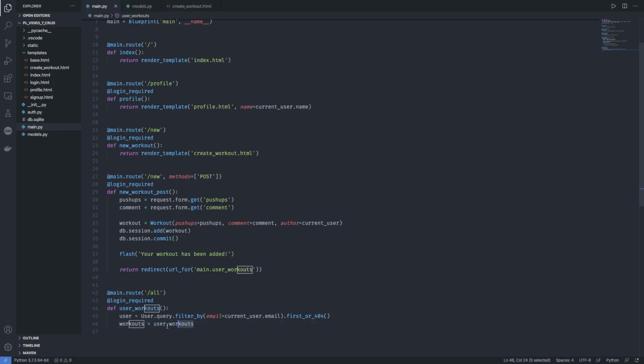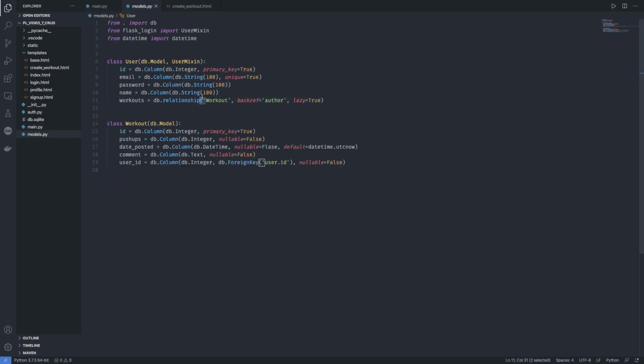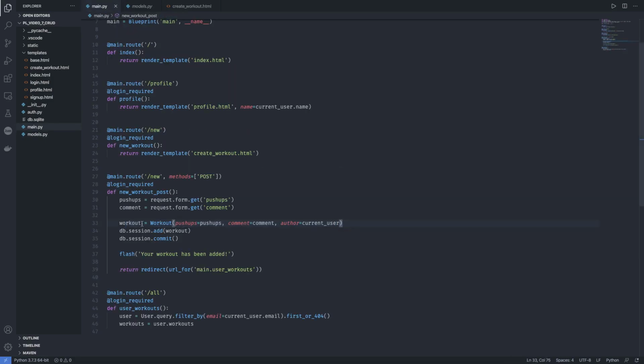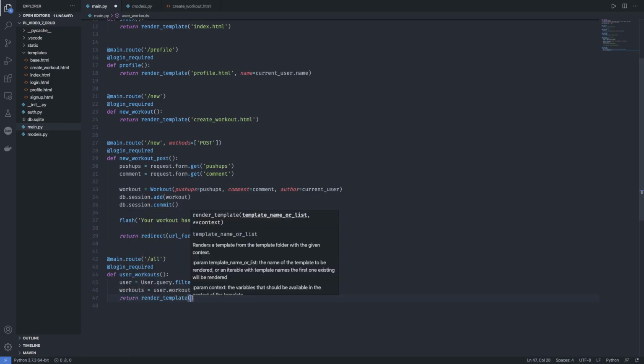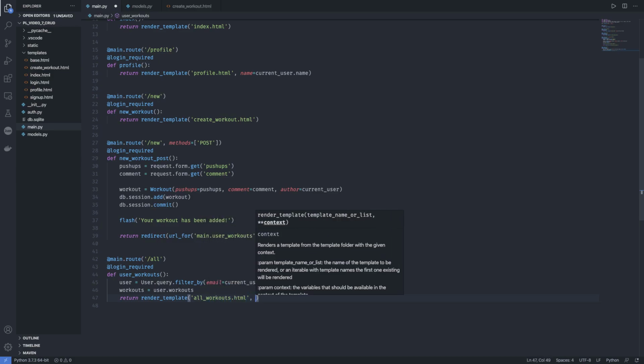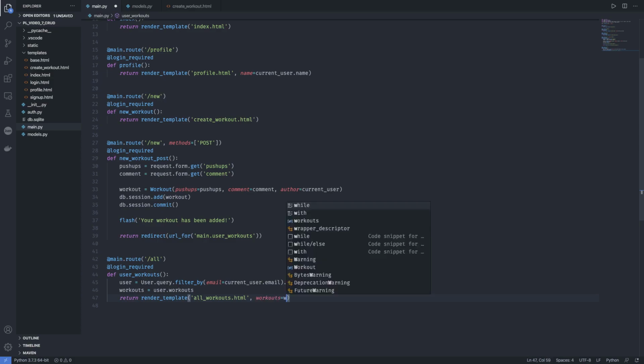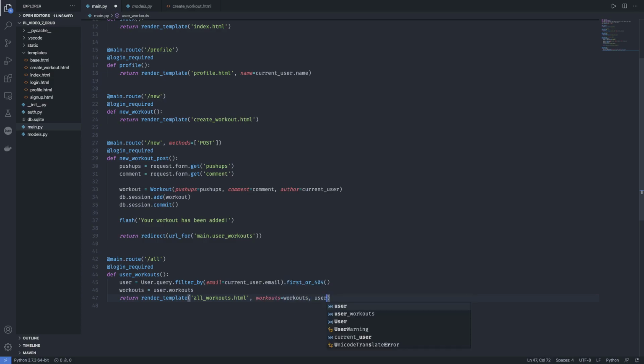So this we're able to do because of this and this. So now that we're able to form a relationship between the user and the workout, we can directly access this. Awesome. And now let's return render_template. We'll have an all workouts page made right now, where workouts equal to workouts and user equal to user to pass the information. Awesome. Now let's head here and do all